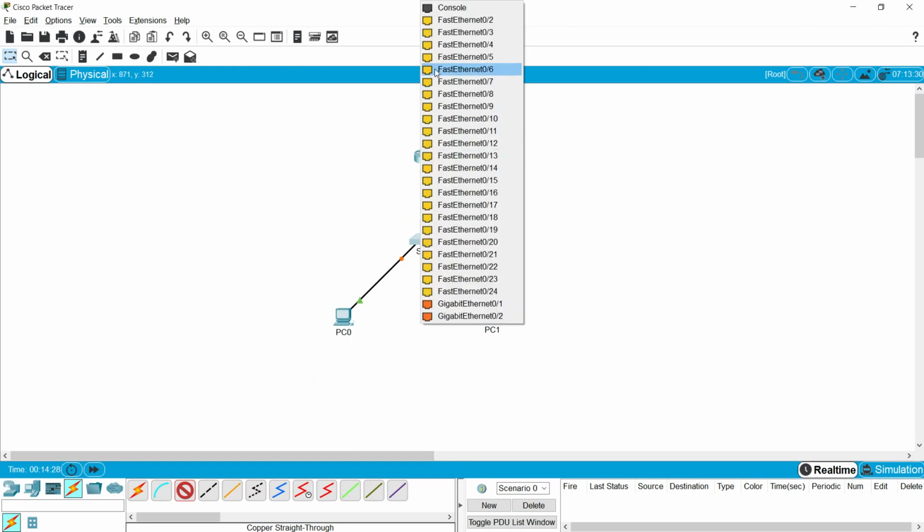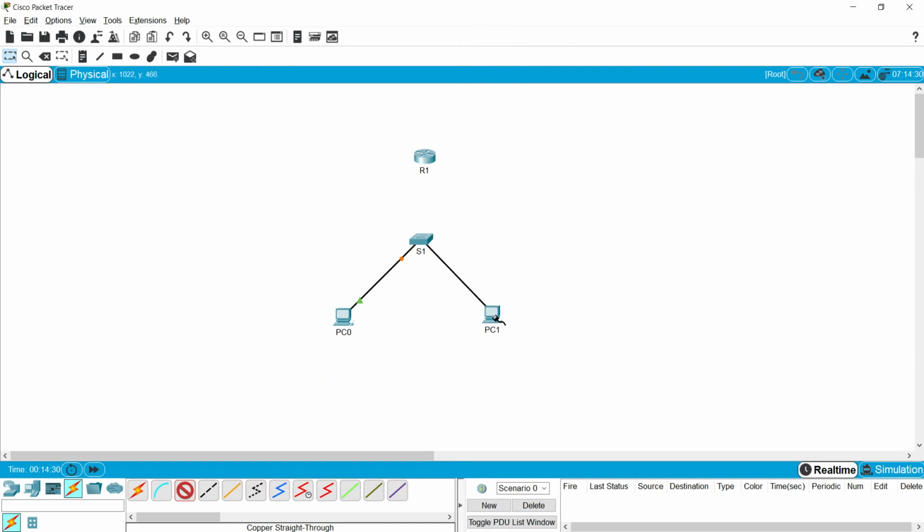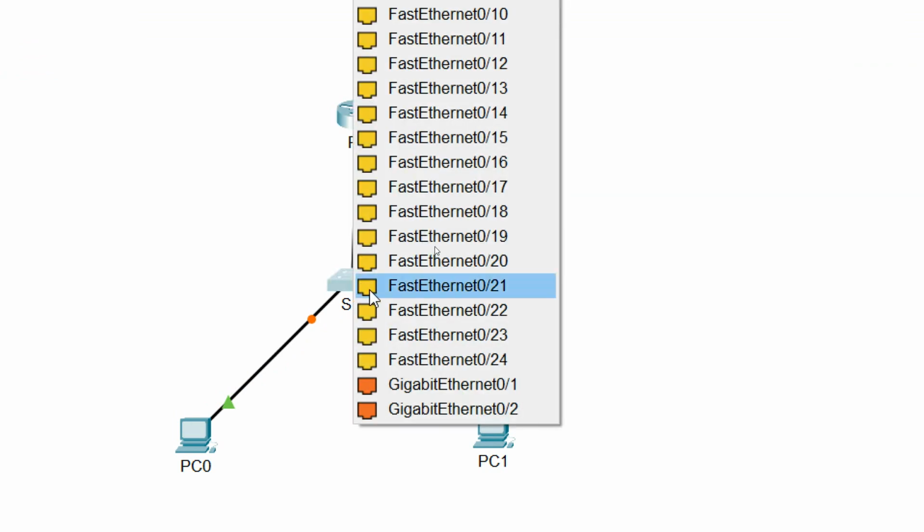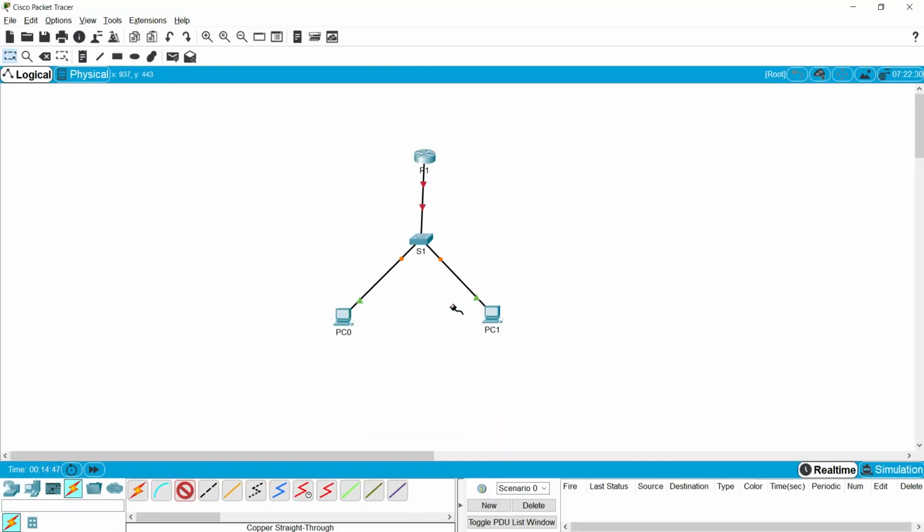Again from S1, FastEthernet 0/2 to this PC1. Then we will connect S1 and R1. In R1, we will connect GigabitEthernet 0/0/0 to this S1, GigabitEthernet 0/1. Press Escape, and we can see this network is connected to this router R1.